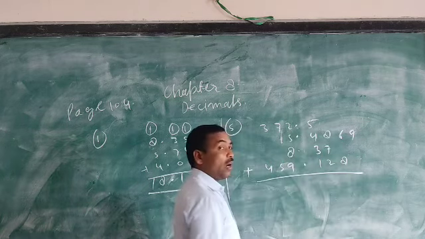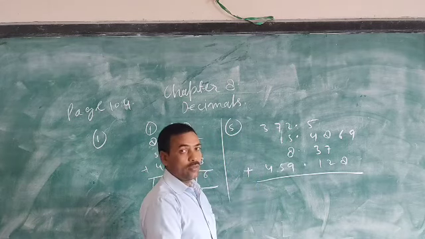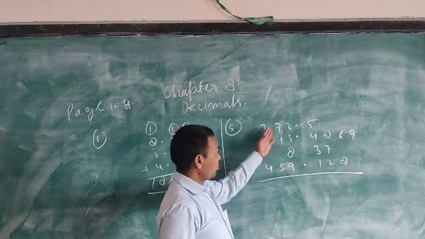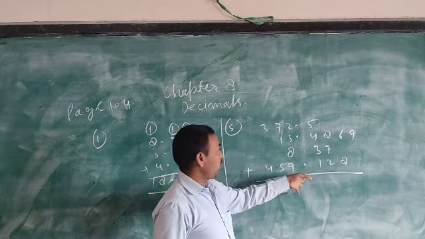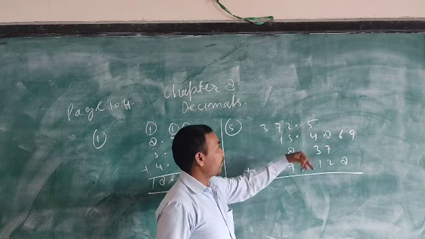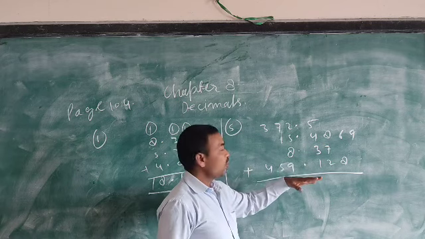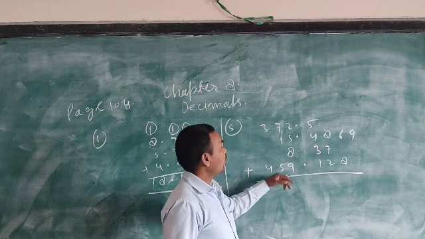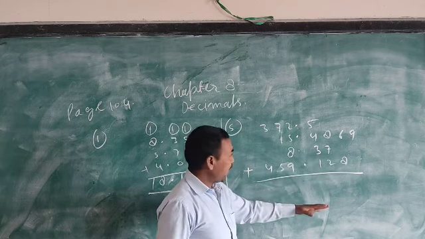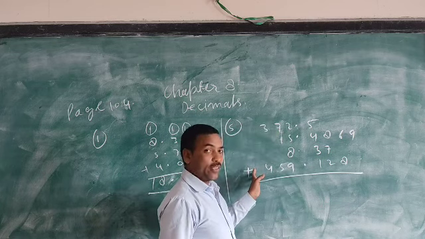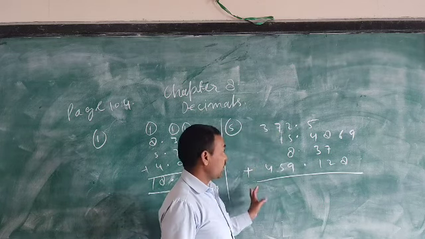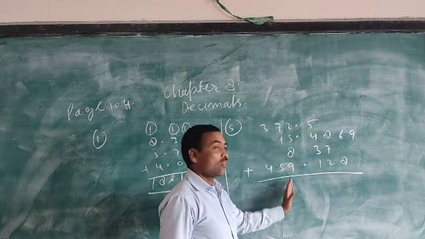Here the numbers are already arranged. Suppose anybody gives you, you have to write without arranging: 372.5, 15.4869, 8.37, 459.128, without arranging, if the question is given like that. So you have to arrange like this,